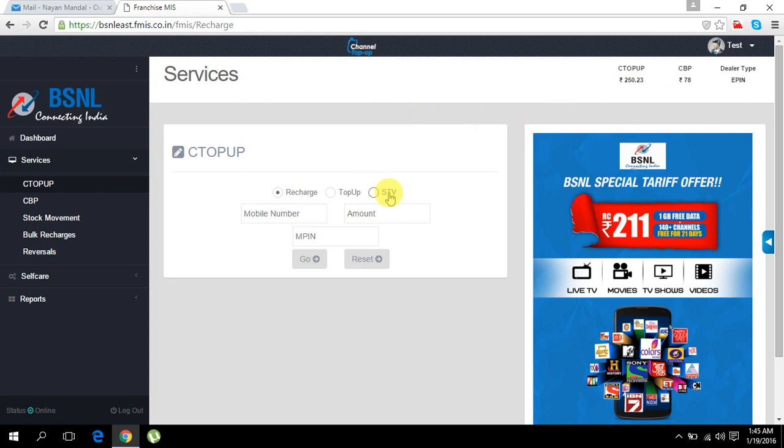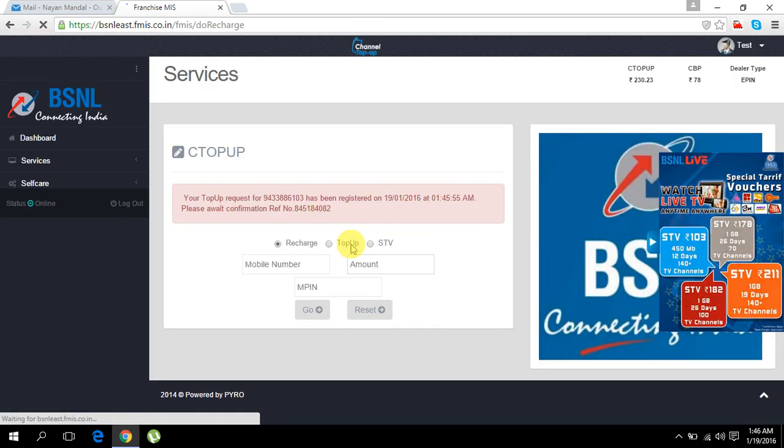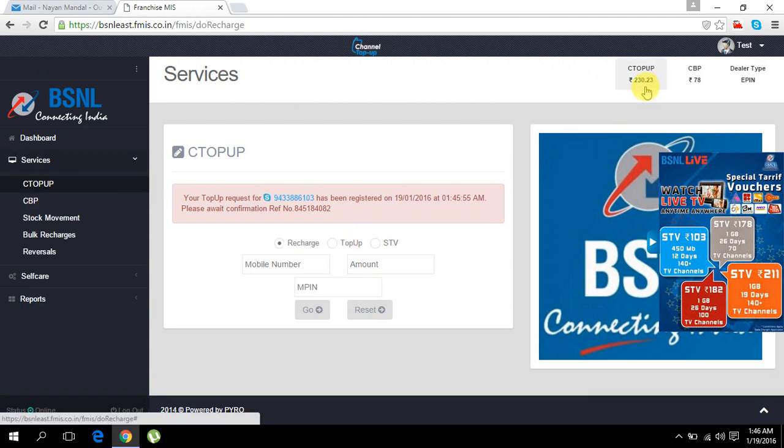So nice. Let us do a test transaction over there, whether it is happening or not. Let us check it. So now 250 rupees is there, I have to put the MPIN. Now let me check whether it is happening or not. Okay, now what I found is that this transaction has happened. I have received the message and the amount has also been deducted from this particular place. So this is real time and it is happening. This is a very good option, that means C-top up.